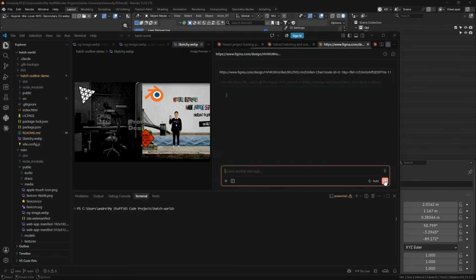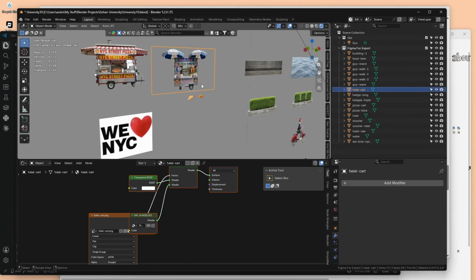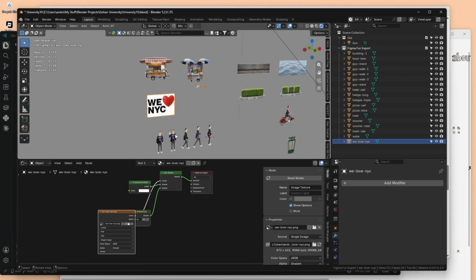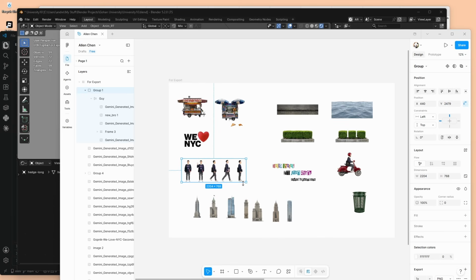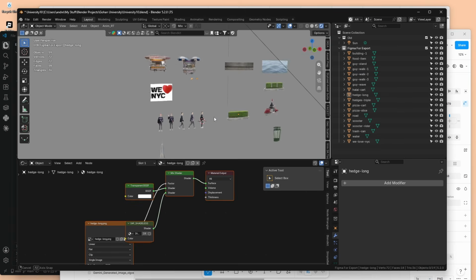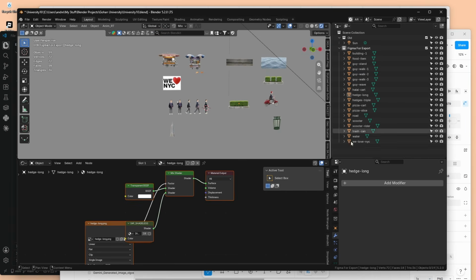So let's go. Okay, so now that it's done and I go back in Blender, you can see that it has exported my image here as planes inside over here. Just now, you will notice it didn't export every single image in here, and the reason for that is because I ran out of Figma MCP calls because I'm on the free plan. So that's why it didn't get all of them, but you can see that it is in the same orientation